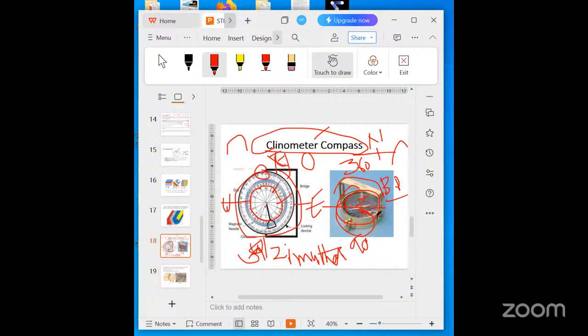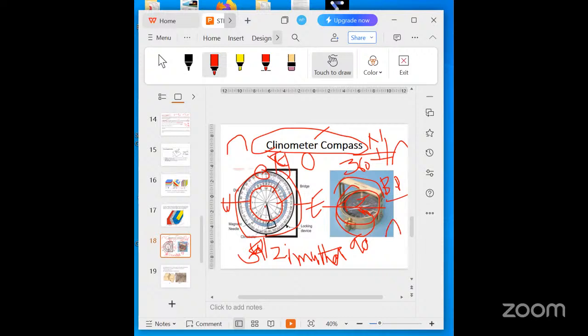In order to measure the amount of dip of the bed, draw a line on the bed perpendicular to the strike and keep the bridge on the bedding plane along this line in such a way that the dial plane is vertical. The reading in the clinometer gives the amount of dip.